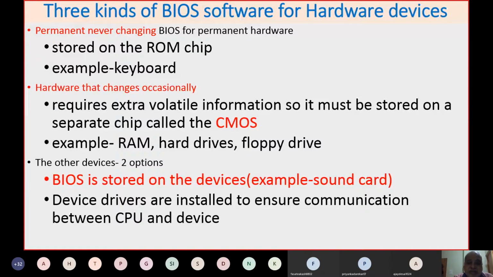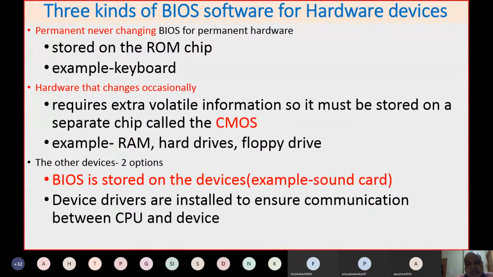So for these configurations you need to set this up. That means you have to store certain information, and you have to update or modify existing information. This type of information is normally stored on a chip called CMOS. CMOS is normally found as a part of the South Bridge. Of course, with CMOS you can update or change the data.